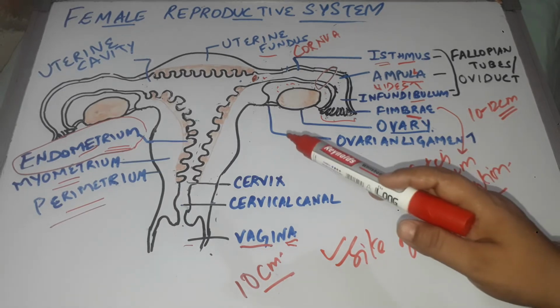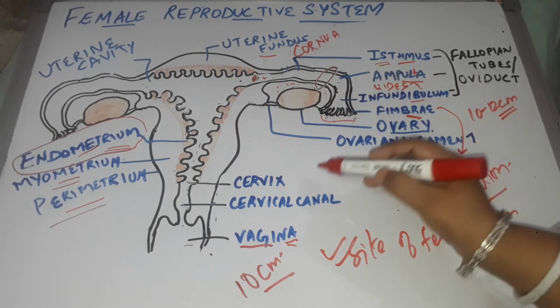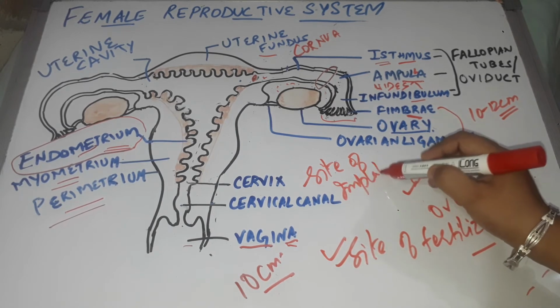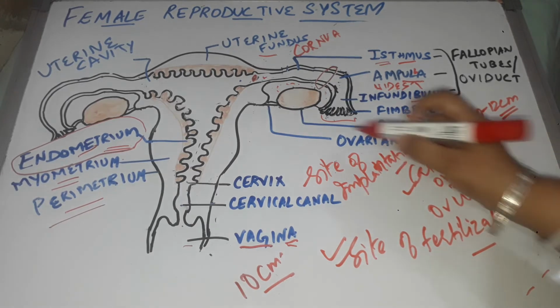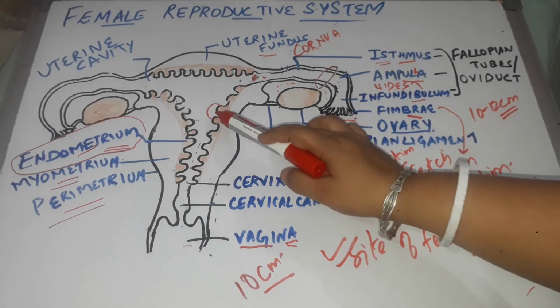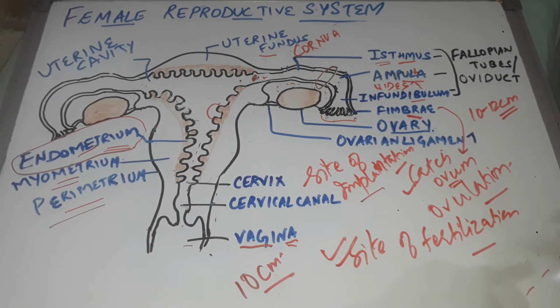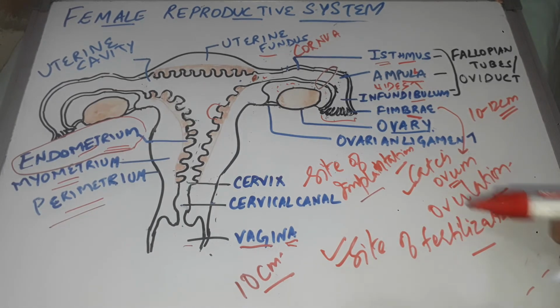We had forgotten the functions of the uterus. As told, the uterus is also the site of implantation, that is, if fertilization takes place, the zygote will grow up to the blastula stage, and this blastocyst will be embedded in the walls of the uterus. This is called implantation. So the uterus is also the site of implantation. Endometrium, as told, will undergo certain cyclical changes during the menstrual cycle, and myometrium will help in uterine contraction during childbirth. So this was about the reproductive system.